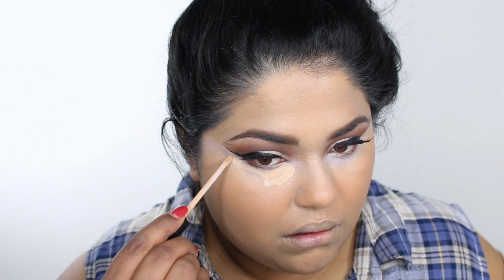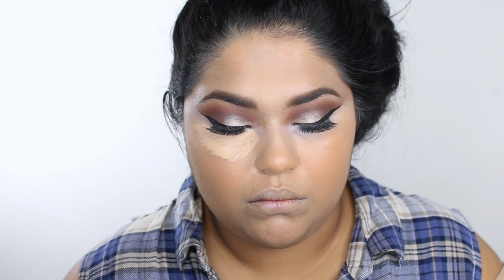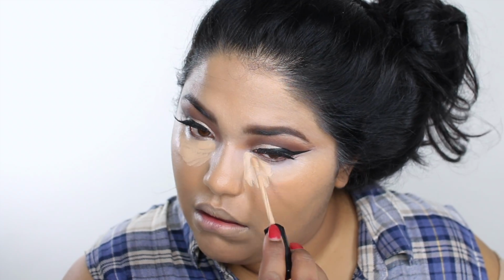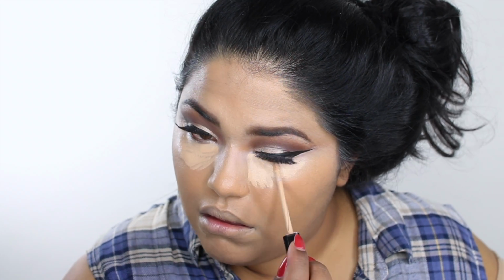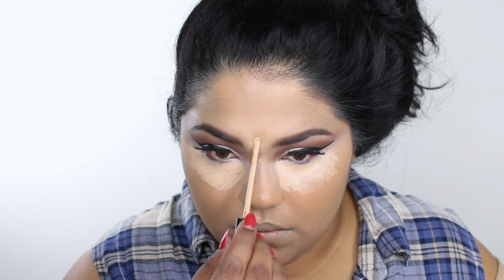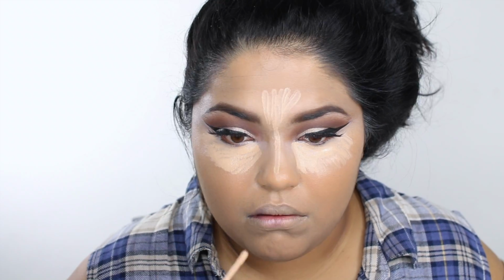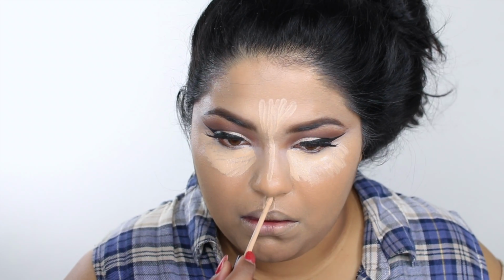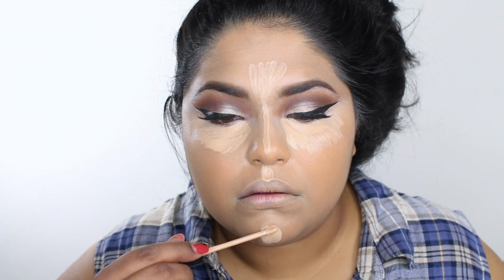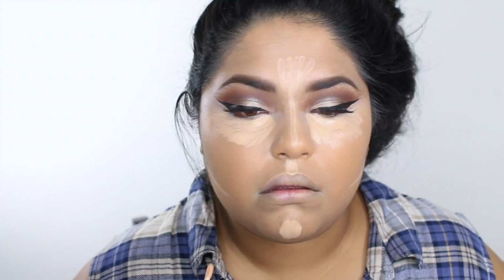So now you're moving on to the real stuff, which is the highlighting and the contouring. I'm going to highlight underneath my eyes with the Maybelline Fit Me concealer. I really like this concealer because it's not too thick and it's not too light, and it just does that really pretty brightening effect. And then after I've drawn on all of my highlighting areas, which is my bridge of my nose, on top of my Cupid's bow, and on my chin and near my earlobes,